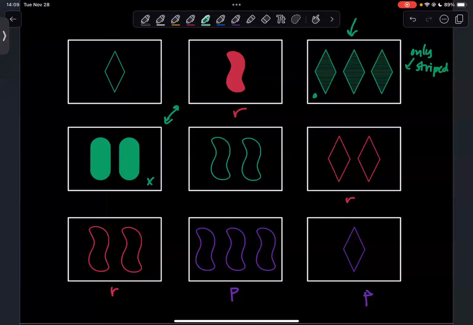Right, so we can think about shape here to help us determine, but we don't want to get too particular. We don't want to say, look at all the diamonds that are empty, because there are different ways that diamonds can be put together here. So we want to be a little bit more careful. If we do look at the shapes, we don't see an oval show up in these empty cards that we're looking at. So they do have to be the same shape here to form a set.